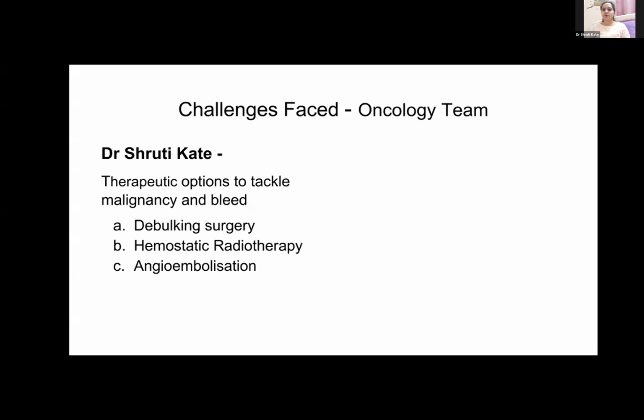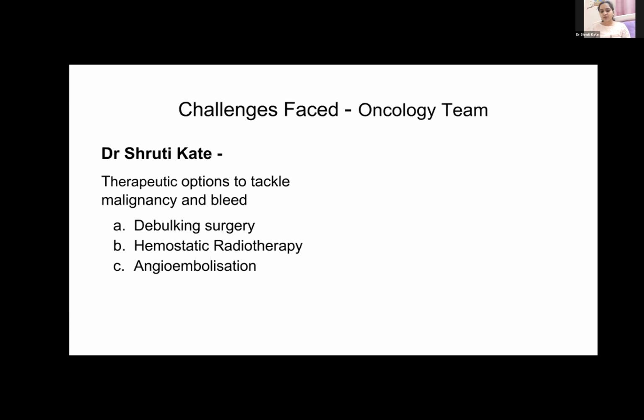I would want to take the option of hemostatic radiotherapy, which is a short course radiotherapy done with the intention of ensuring hemostasis. And this we have tried in very many patients and have successfully stopped their bleeding. Someone who was requiring PRBC transfusion every 4 to 5 days has become transfusion free. So we would want to use a hemostatic palliative radiotherapy, stop her bleeding, and then take care of her systemic disease.